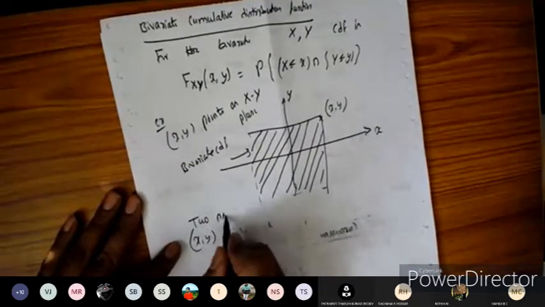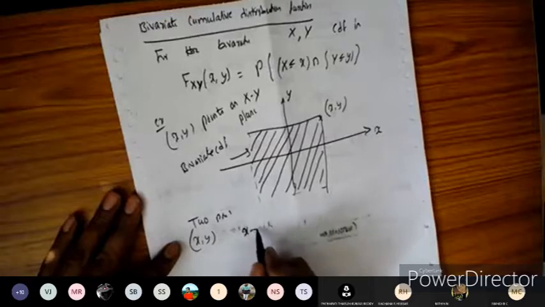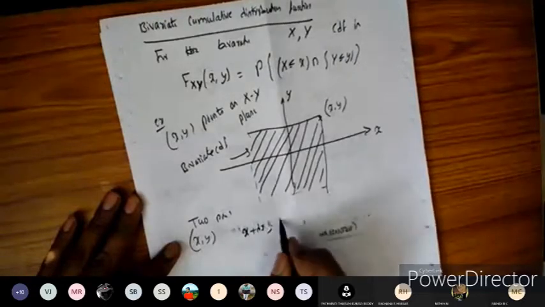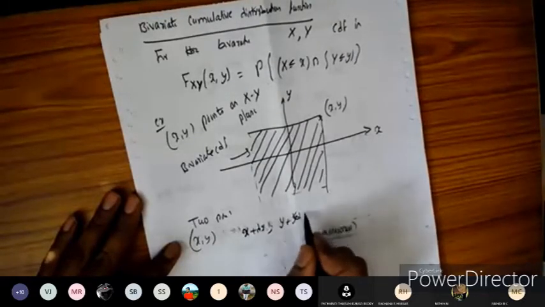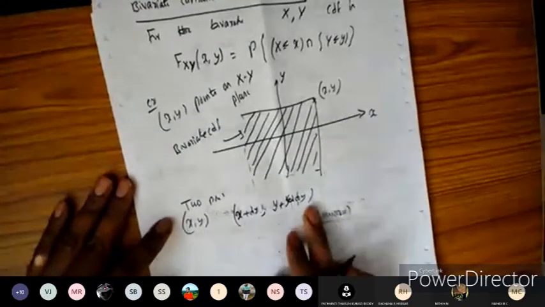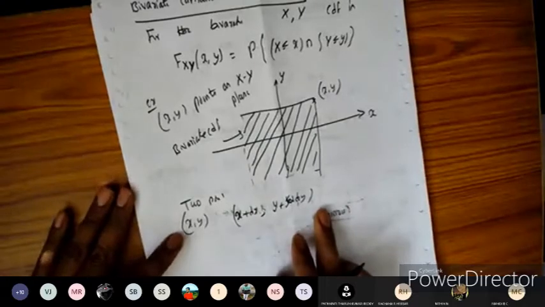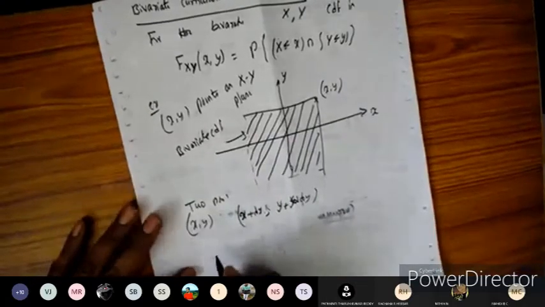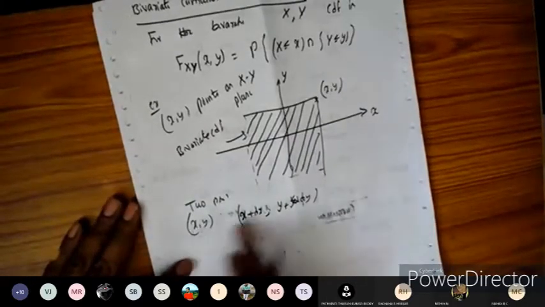Between the 2 points here, one is x and y. Another one is the small quantity, x plus delta x and y plus delta y. So dy we are going to consider. For this one, which is going to lie between these, we can call that a probability. So usually we know that the probability will be taken here.